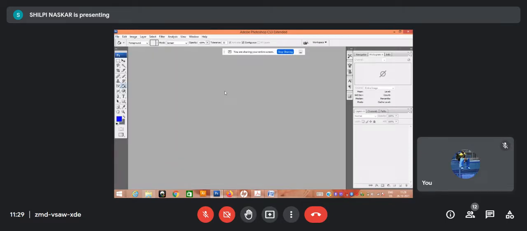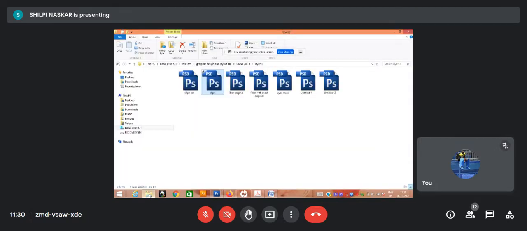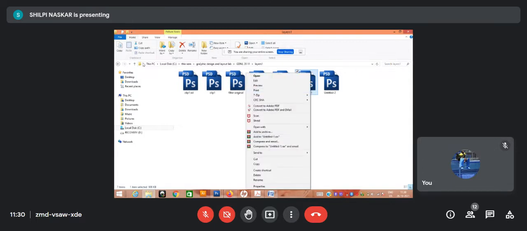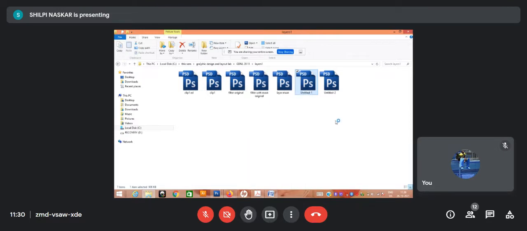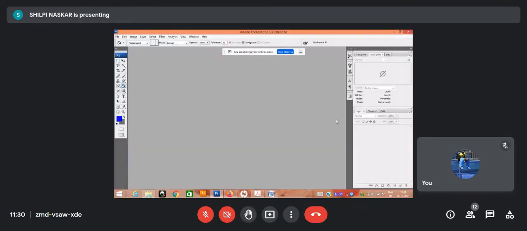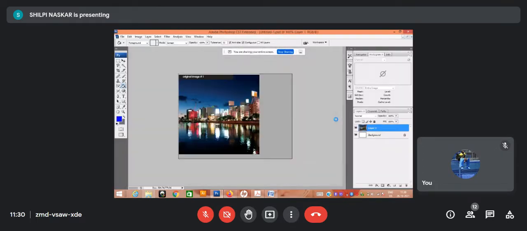Layer masking, just follow the steps. I'm just doing it in front of you, and I'll definitely brief it with the steps if you want. So what is masking basically?